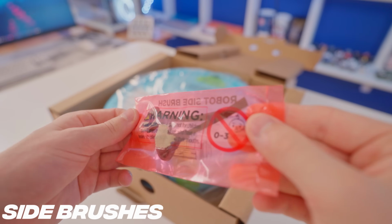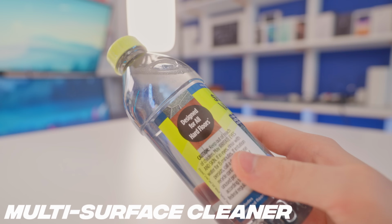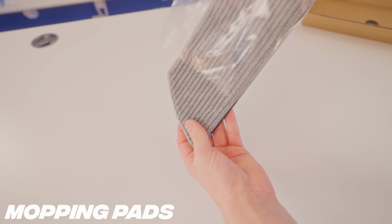You'll then receive 2 side brushes, which are super easy and simple to install. It comes with a multi-surface cleaner, which I'll touch on later. And last but not least are the 2 mops that attach to the Power Detect robot. Okay, now that you know what you're getting and what's inside the box, let me show you how to quickly